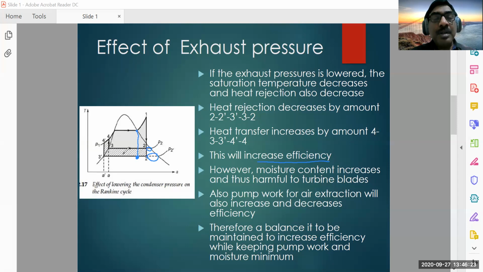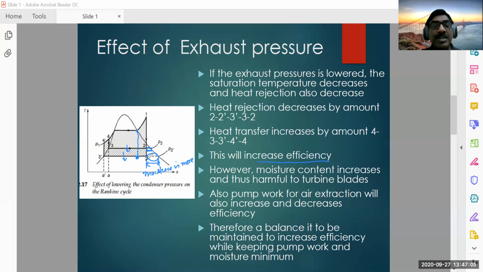The effect of this particular process, if it is extended to a lower point, from 1 to 2, instead of 1 to 2 you are going from 1 to 2 dash, then what is happening? The width of this particular quantity is more, that means the moisture is more. Okay, so what we have to understand is we can decrease the condenser pressure from